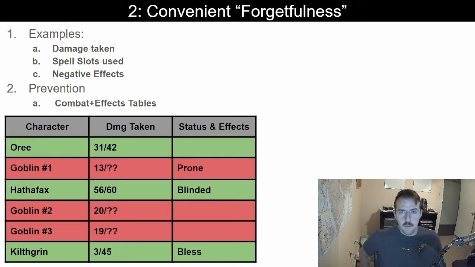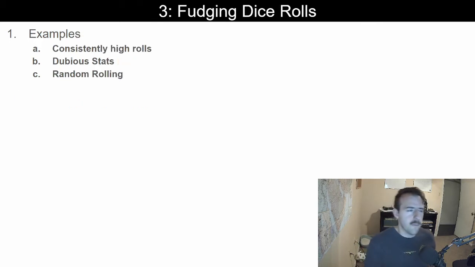Make it easier for people to remember things. So don't give them an excuse to forget things, and use a table like this, and that will help a lot. Next one is fudging the dice rolls, and one of the things I think we hear about most commonly